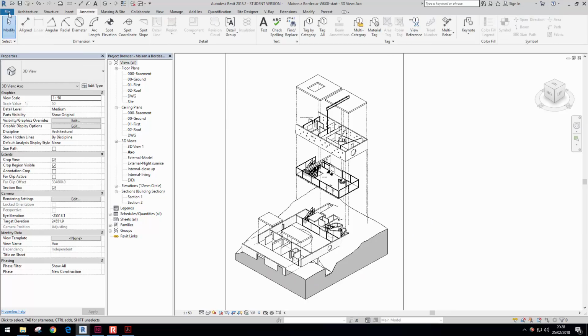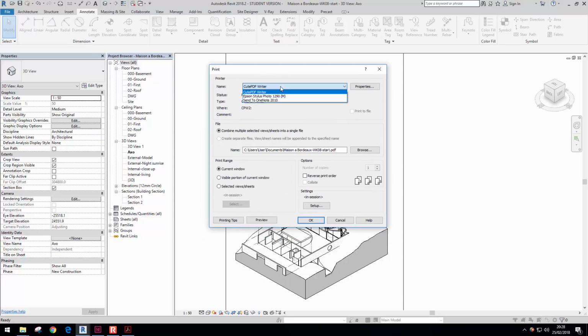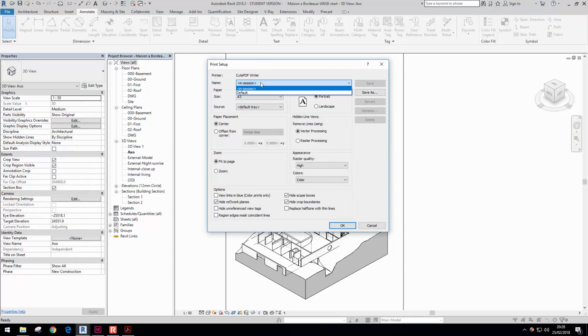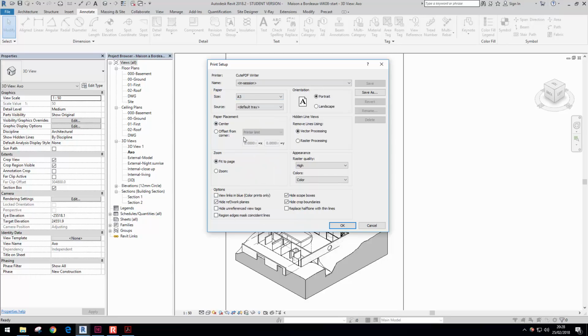click open, and if we go to File and Print, I've got a QPDF writer, which is a free program to download if you want to create PDFs at home using Revit. The file, that's where it's going to print to, and what you're going to print is the current window. But now we have to change the settings, so what size paper. If you click on paper size, these are the sizes of the papers that are available to you. So I'll just click on A3,